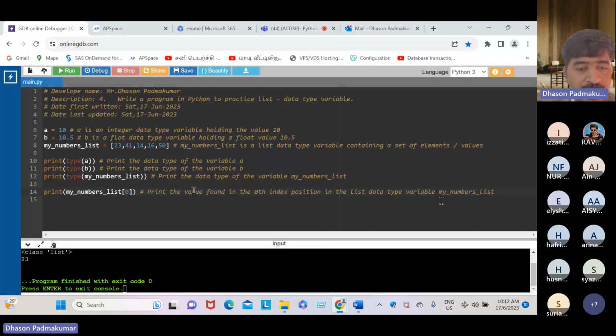Print the value found in the zeroth index, which is 23. Okay, dear student, 23.